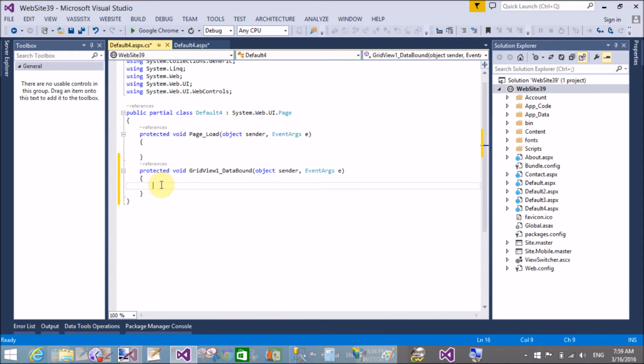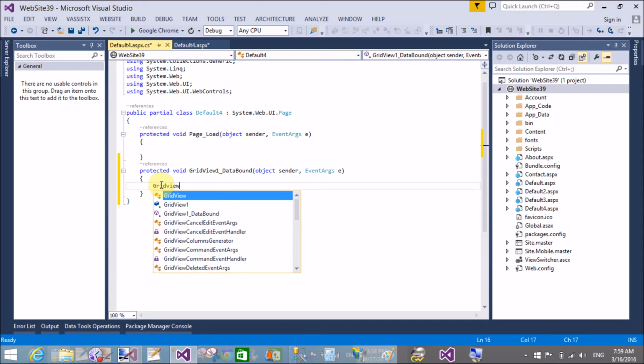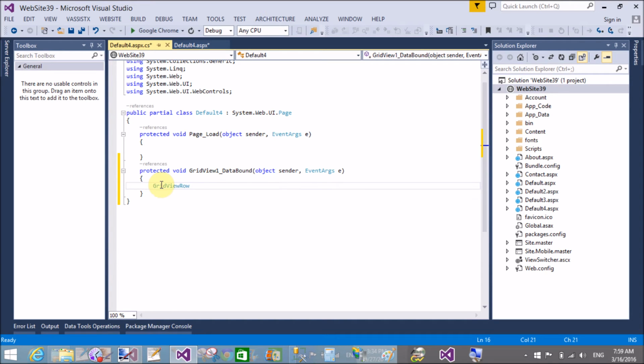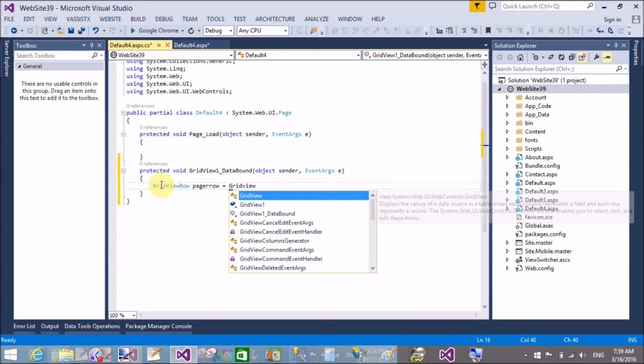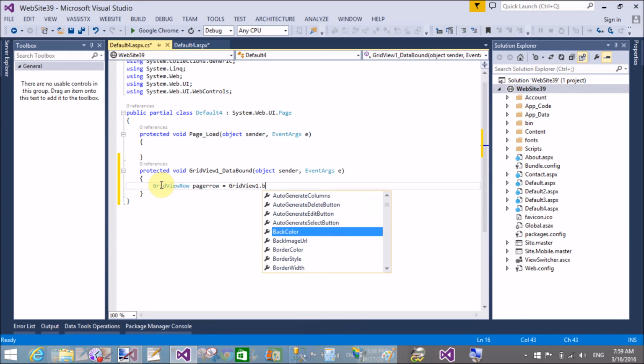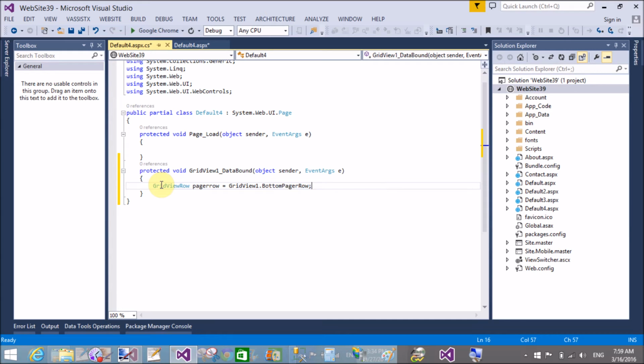Here we have a grid view row, the pager template. I want to find the pager template from the grid view row. So GridView1.BottomPagerRow, that's the last row, the bottom pager row.